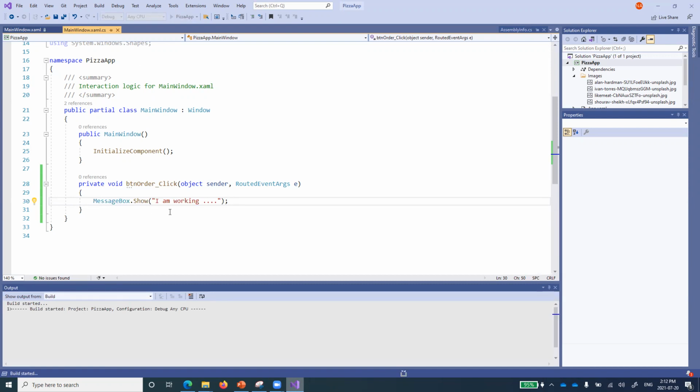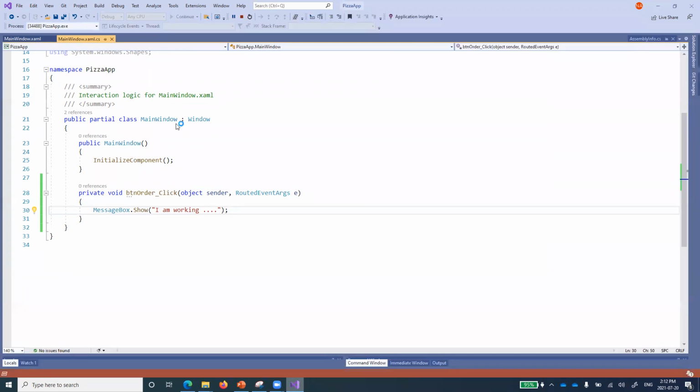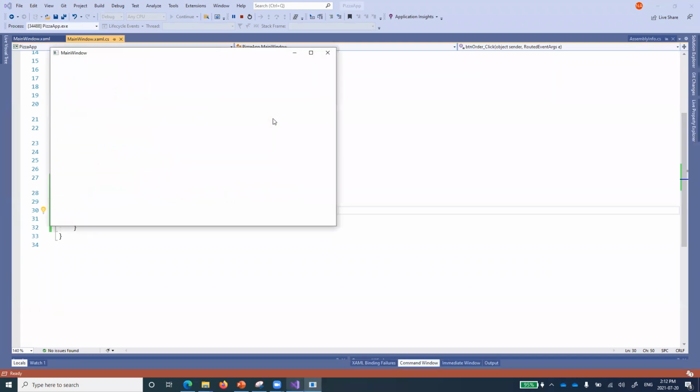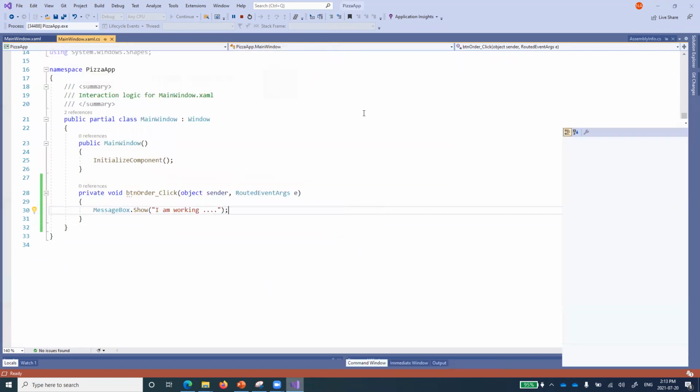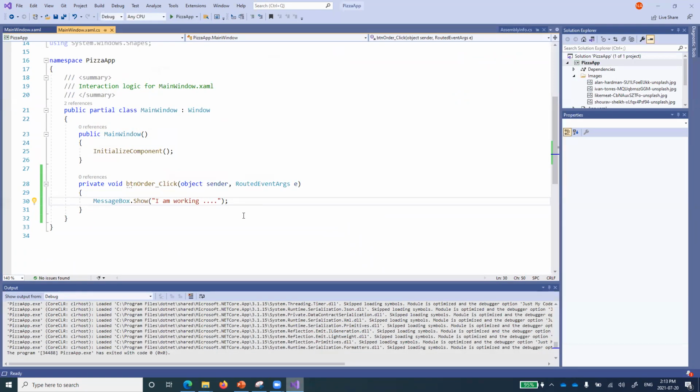So inside that button, we want to write our core logic. And this will be very interesting logic. As I said, you will enjoy working on this. And as I said, all those object-oriented concepts that we have learned will come into play now. So if I click on that and it displays a message box, it means I am successful. My application is working fine. So the button has started to have an impact on our application.